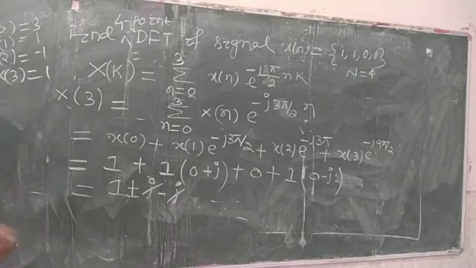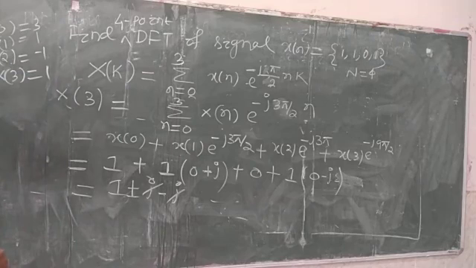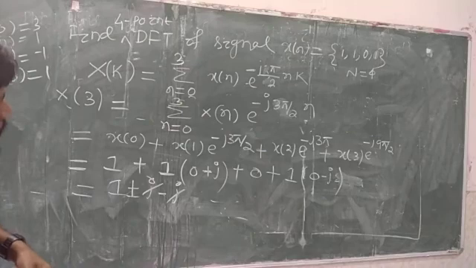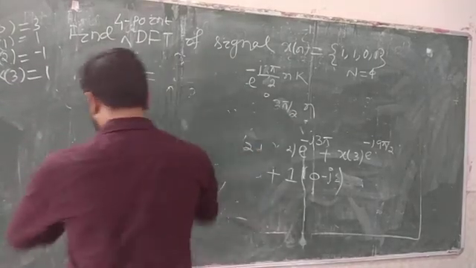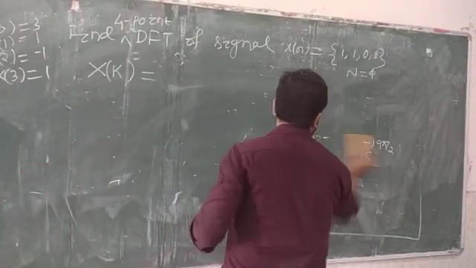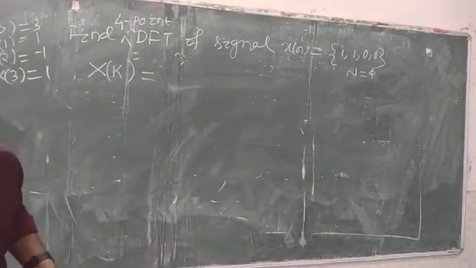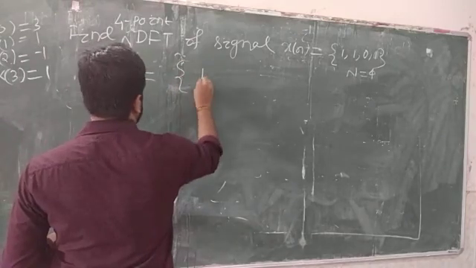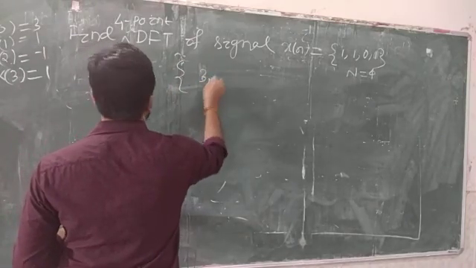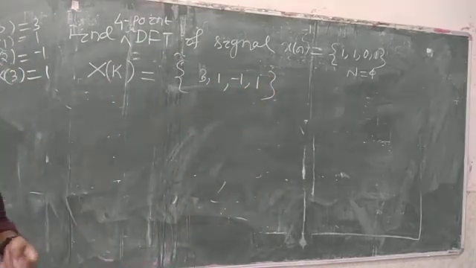So you can see here one thing, the value of x of 0 means sum of all the samples, then we have x of 1 is going to be calculated, and x of 2 and x of 3. So the 4-point DFT, that is x of k, for this discrete Fourier transform, the question will be given like this, find the 4-point DFT for the signal x of n, and we have to find x of k, which will be 3, 1 minus 1, and again we have 1 3 1 minus 1 1.